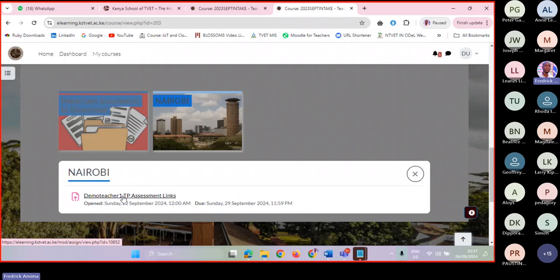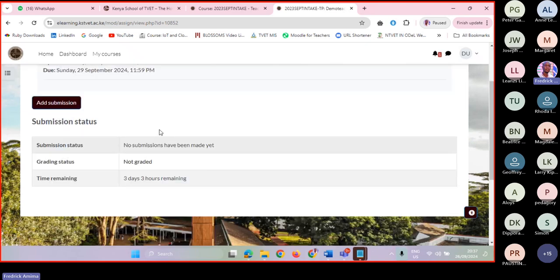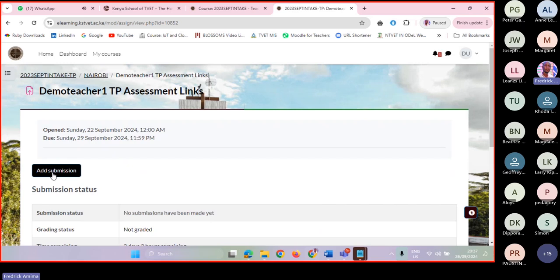But for your instance, you're not going to see demo teacher, you're going to see the real name of a teacher, maybe Mr. Kamau, TP assessment links. So what are you going to do? I'm going to click on it, and once I click on it, you see it is saying add submission. You see the add submission button right there? Yes, this is the add submission button that you need to click. So when I click add submission,